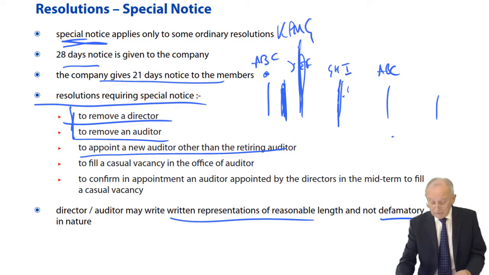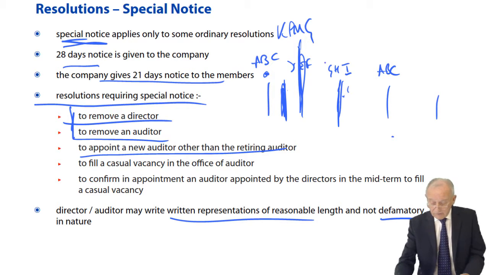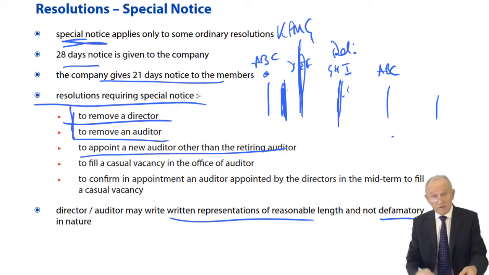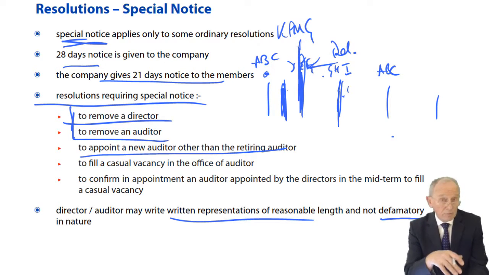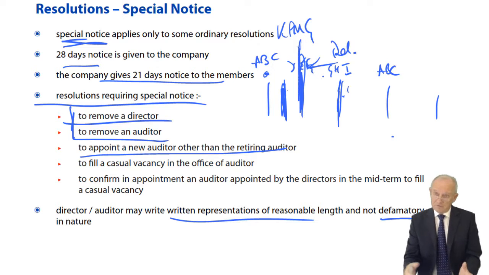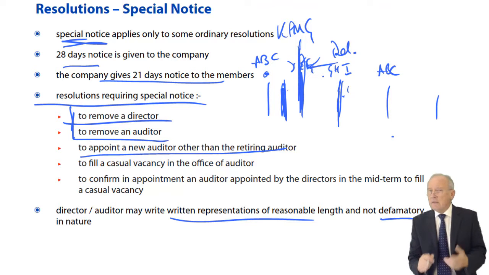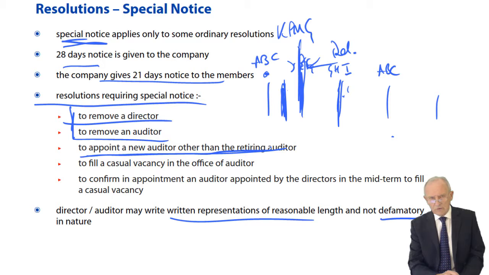So this new firm, let's say this new firm is, let's pick one at random, Deloitte's, submitting themselves for appointment as auditors, but these are not the same as the retiring auditors. So the appointment of Deloitte's is by ordinary resolution, fine, but with special notice. Big deal. Telling the members, hey, come on, we're changing the auditors here. This is something you need to know about. So appointing as an auditor someone other than the retiring auditor.